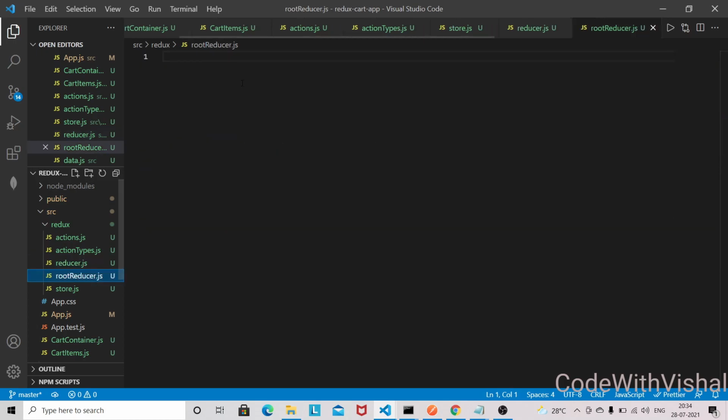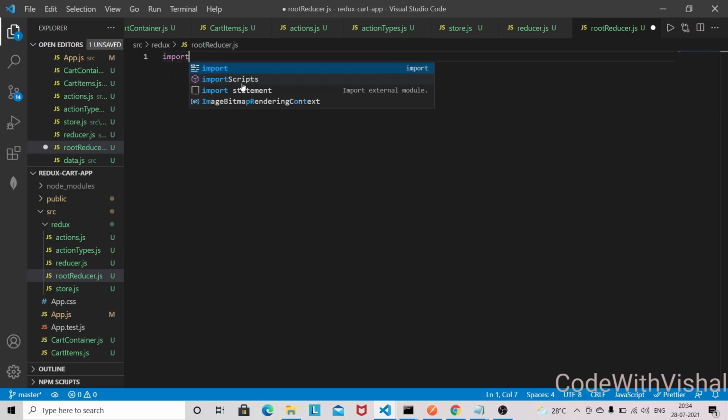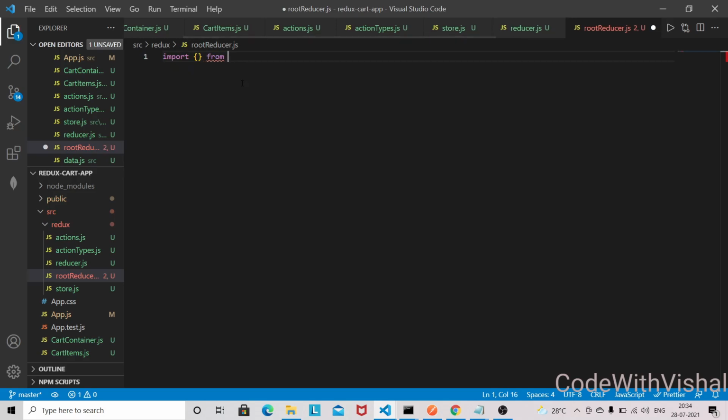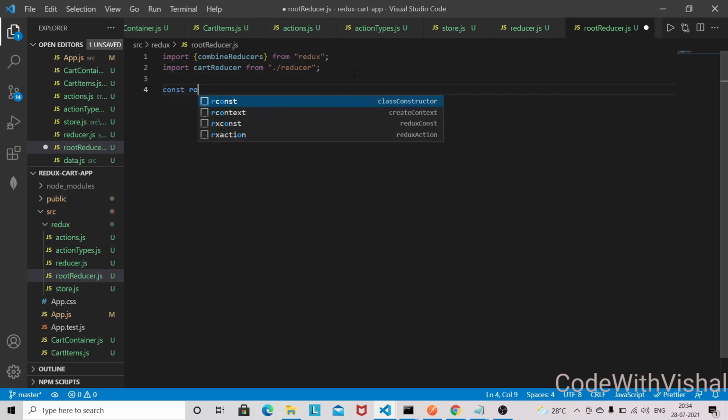Let's go into the root reducer, and in root reducer we'll have one component we need from Redux. So from Redux we need combineReducers, and we need that cart reducer as well that we have just created, and const rootReducer equal to, and I'm going to define this key.